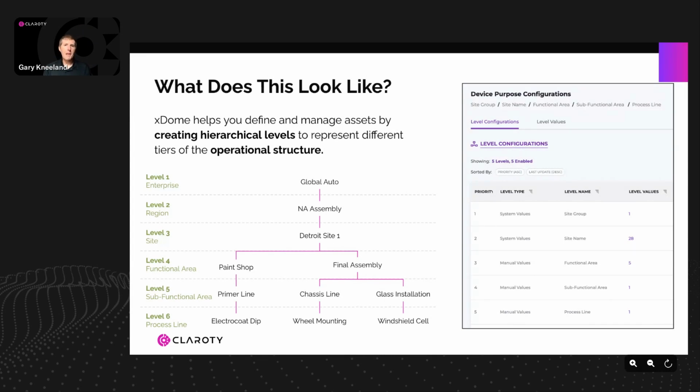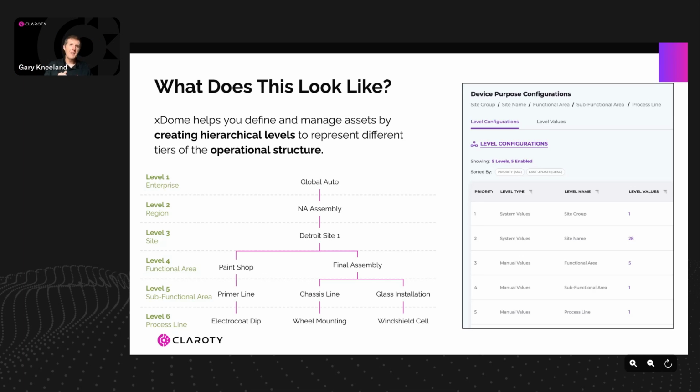So Clarity's, again, been implementing this for the past couple of months, and it allows us to create a hierarchical view of what these assets are doing. So things like, is this part of some global system, right? If it's an auto manufacturing facility, is it part of your auto manufacturing lines or your engine lines, or different things that may have different global business units and different functions? Then we may go into a regional level, right? This is my North America view as opposed to my European sites or my Latin America sites or things like that.